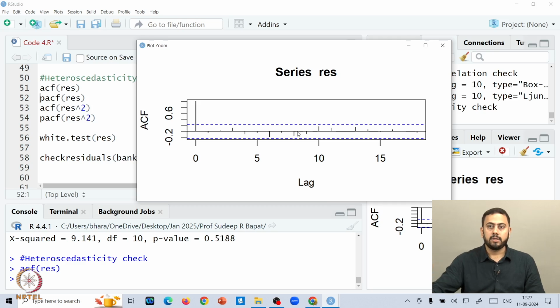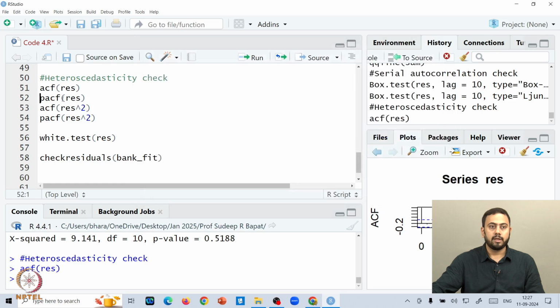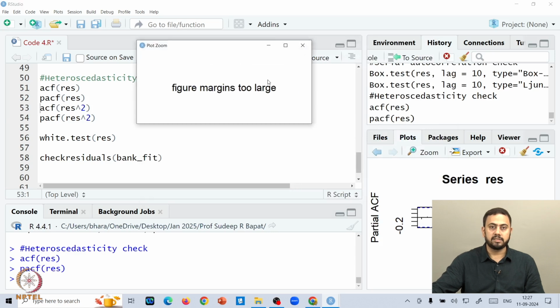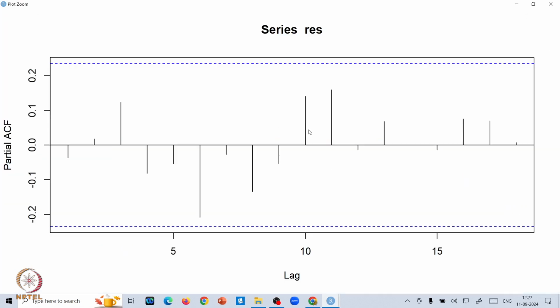This is exactly what we want. And the same thing should be seen in the PACF also. If you zoom in on the PACF plot, again the same story. In fact PACF is better, because all the correlations regardless of lag are not significant, since all these spikes are between the confidence limits.